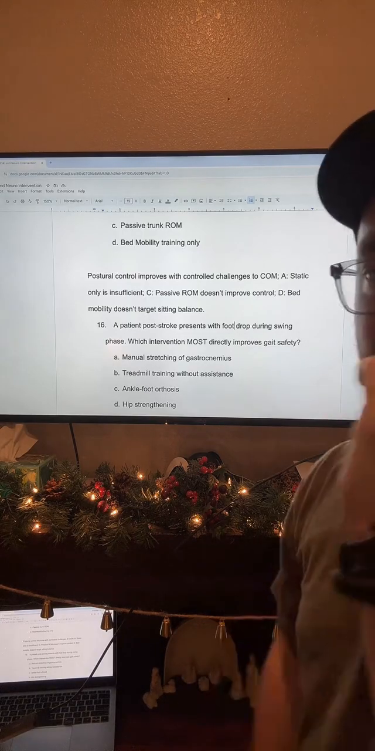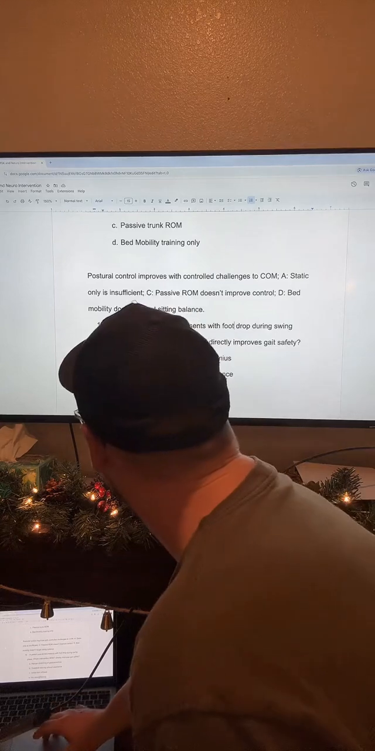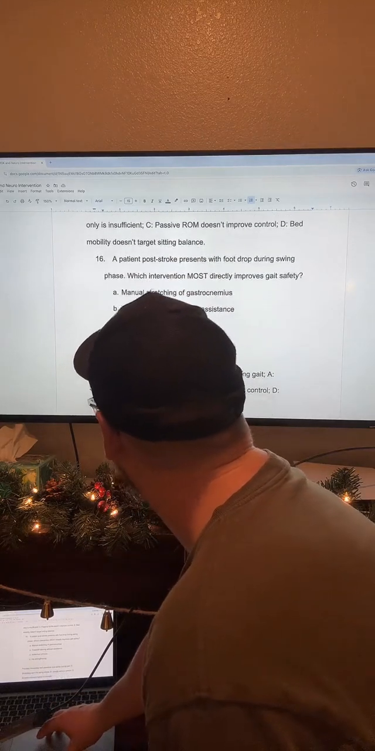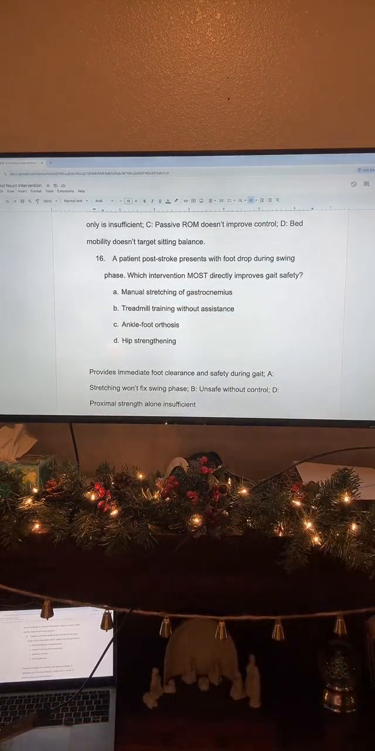Okay, let's go ahead and go over the answers. So, the answer is C, because it's going to provide immediate foot clearance and safety during gait. Stretching gastroc isn't going to help with swing phase. They might have tight gastrocs, but let's say the problem is foot drop, so we're assuming it's related to strength of their dorsiflexors, right? So stretching their gastroc isn't going to help them lift their foot as a result of weakness